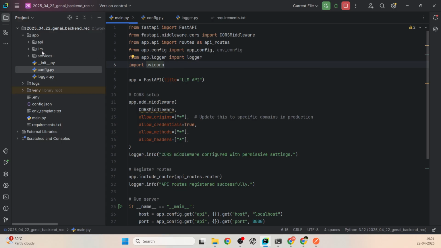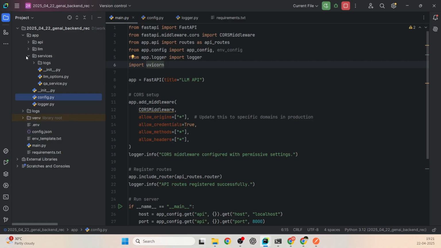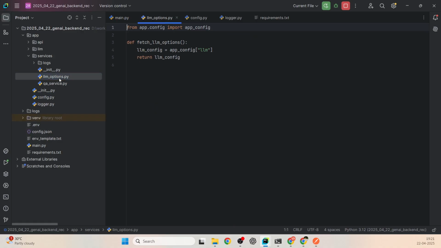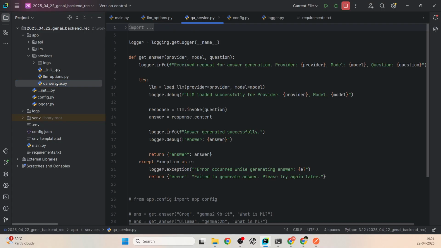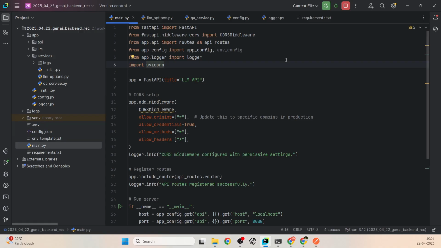And then we have this. Let me look at the other things that we need in the services. You have QA service and so on. Okay, this is why I think it's creating new content. If I open this main.py,